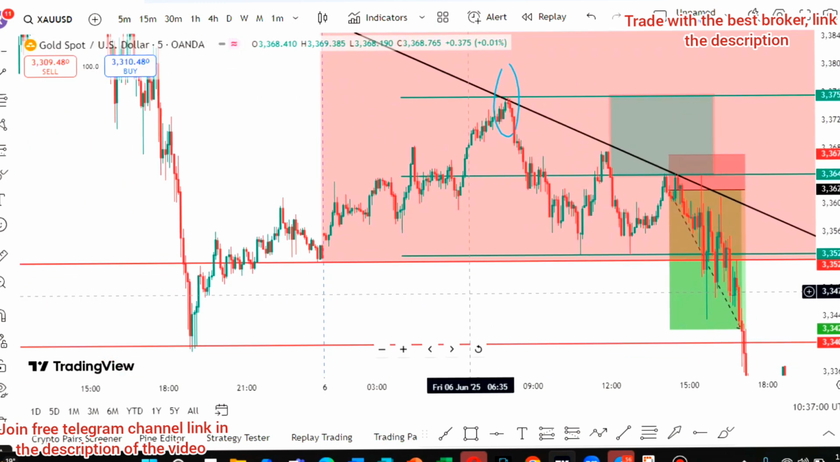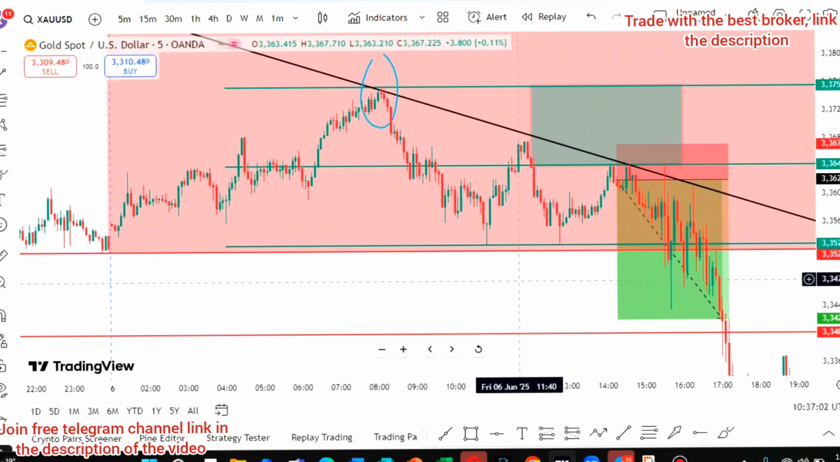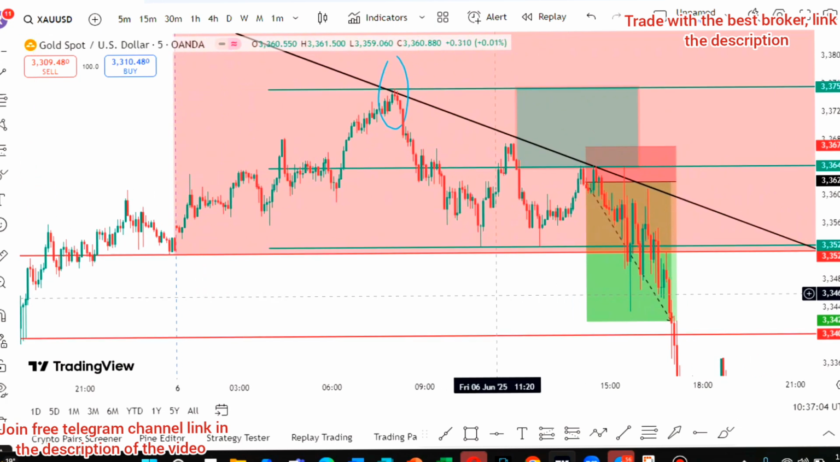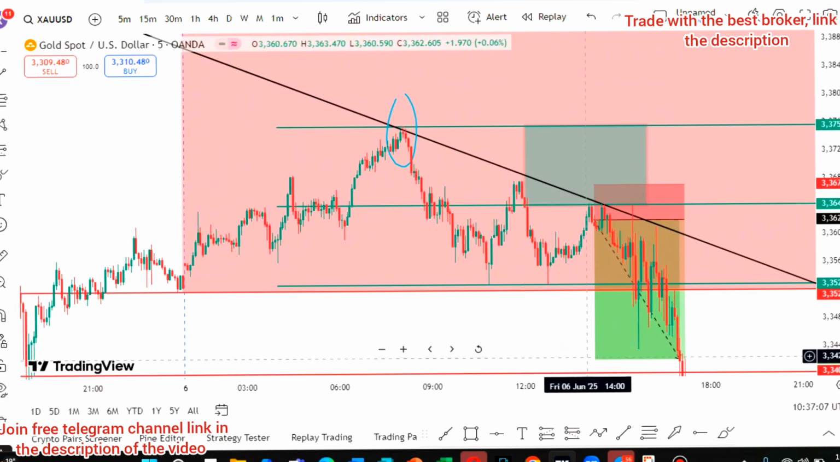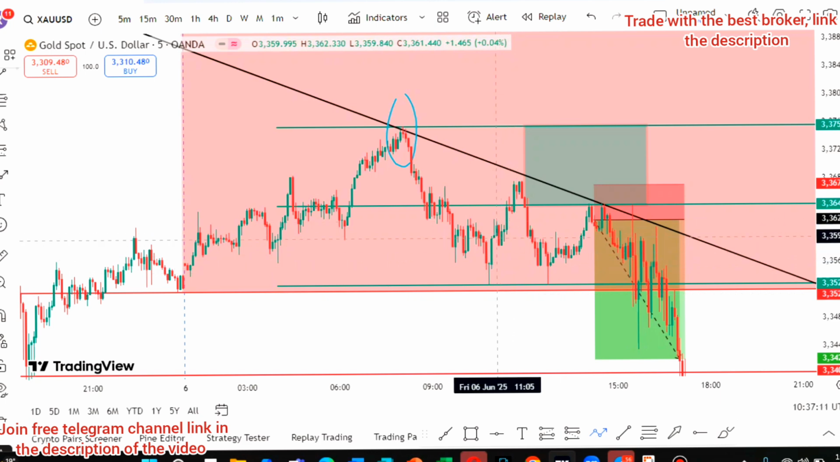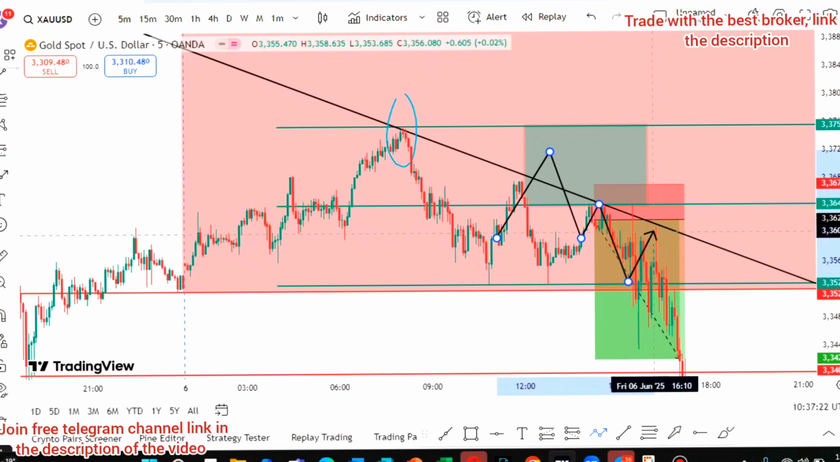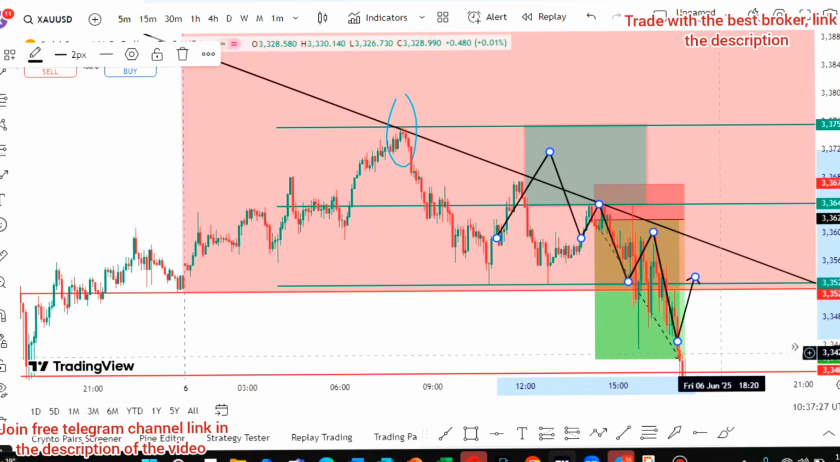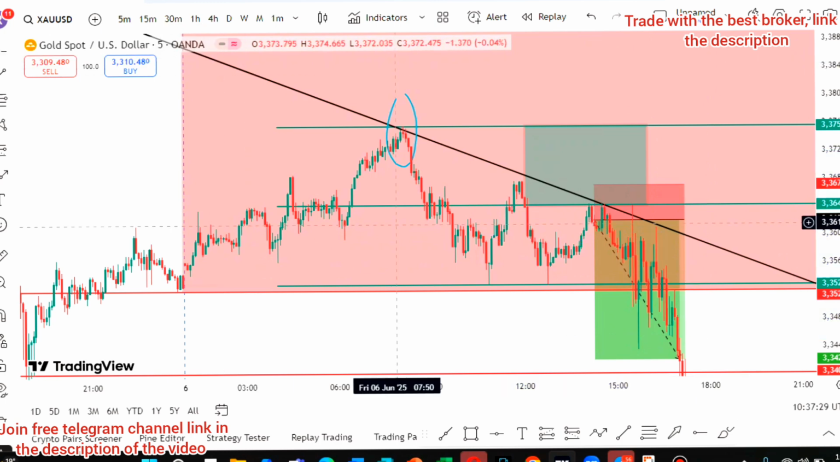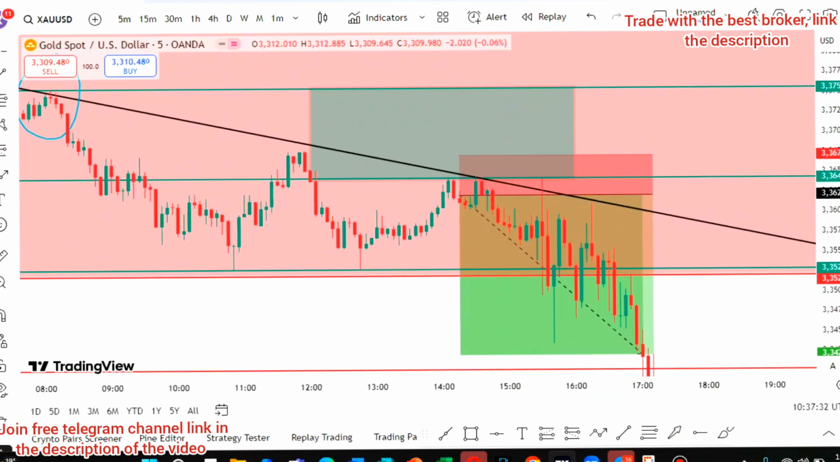So in the 5-minute time frame, I was waiting for this market to come into this area, around this green zone, inside this green zone, give us some sort of break of structure to the downside, then boom to the downside like that. Okay, so that's what I was expecting, but as you can see, this market came down,